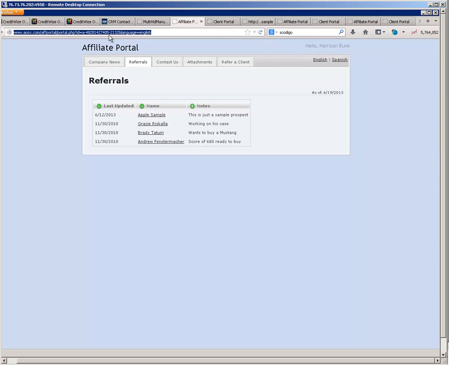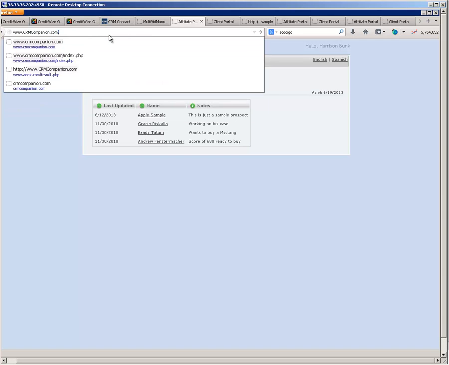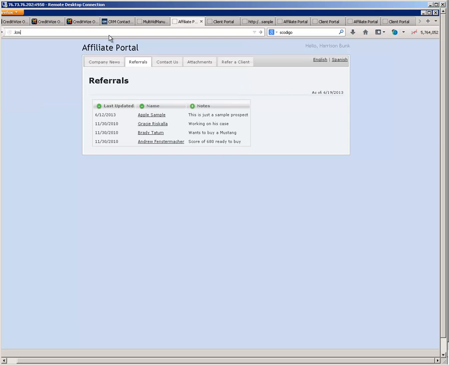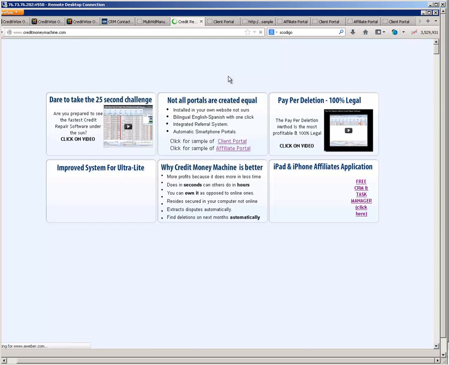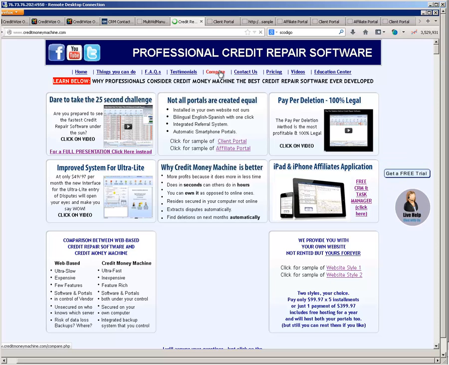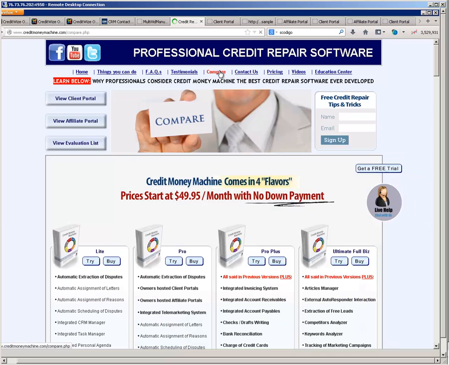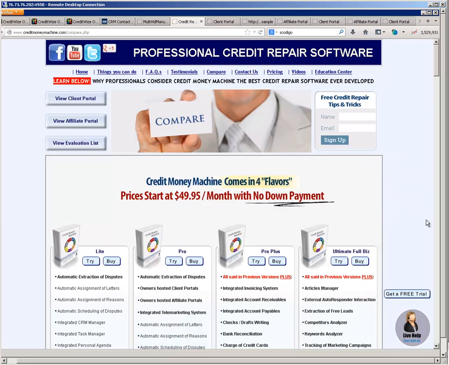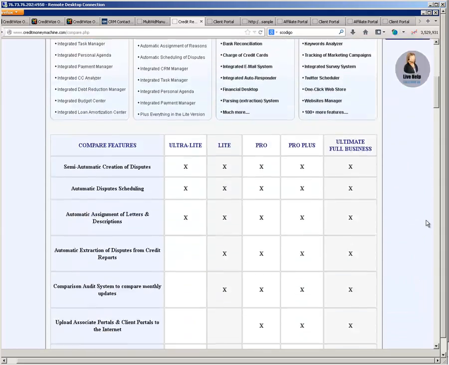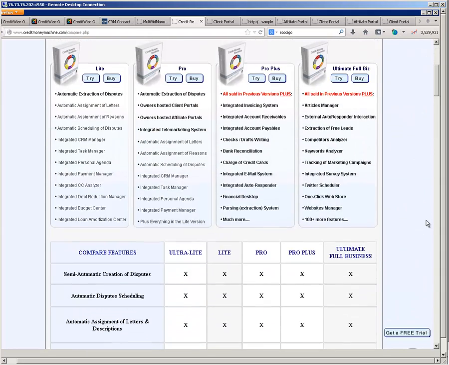When you have a chance, if you go to Credit Money Machine, you'll see why I'm doing this. You can see the comparison, and see how Light, Pro, etc. compare. And then you go down, you're gonna see how they compare. Pro Plus,